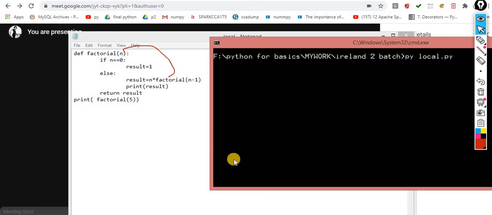Here you can understand the scenario. I print the result: 1, 2, 6, 24, 120, and finally the 120.